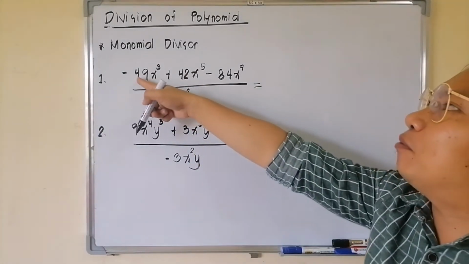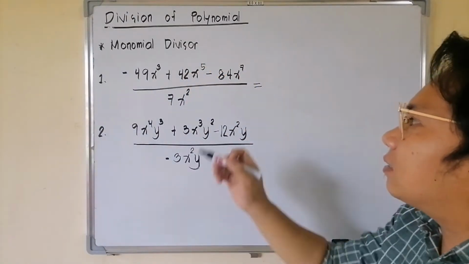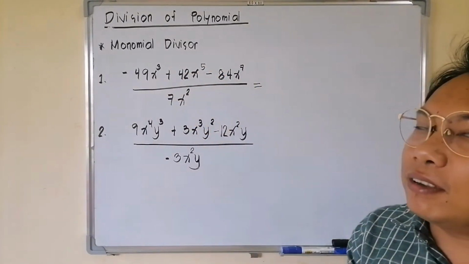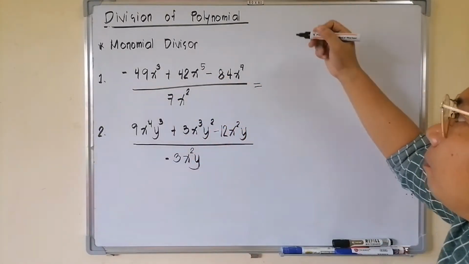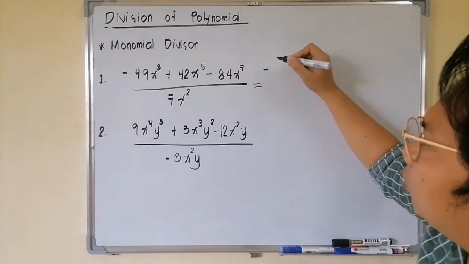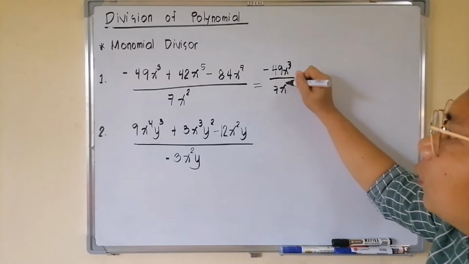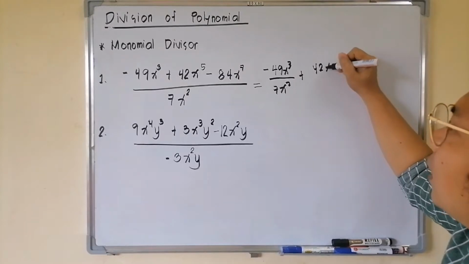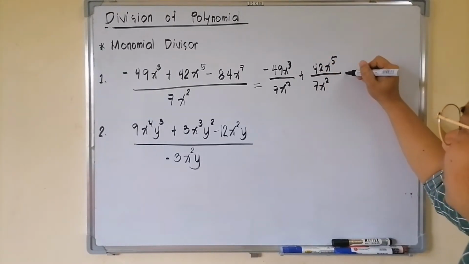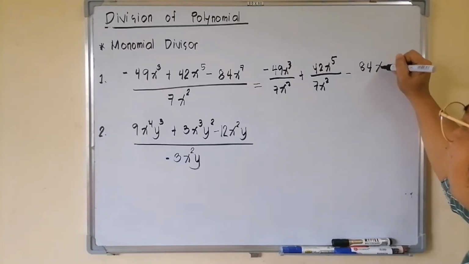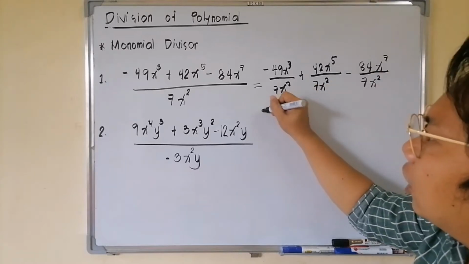So this is negative 49x cubed plus 42x to the 5th minus 84x to the 7th divided by 7x squared. Again, you divide each term by the given divisor. This will give you negative 49x cubed over 7x squared plus 42x to the 5th power over 7x squared minus 84x to the 7th power over 7x squared. Then you just